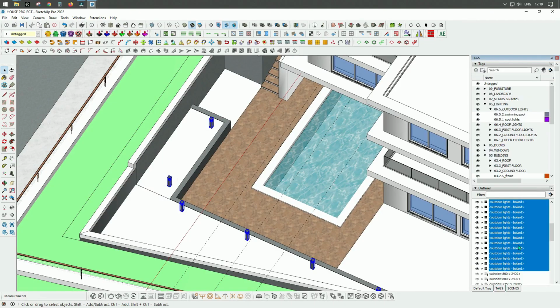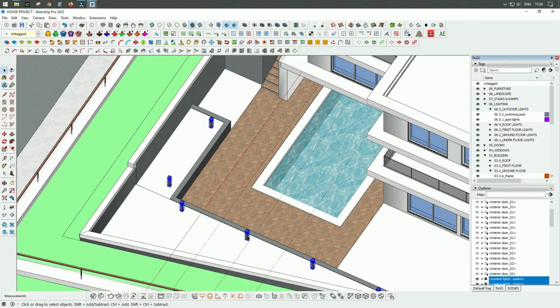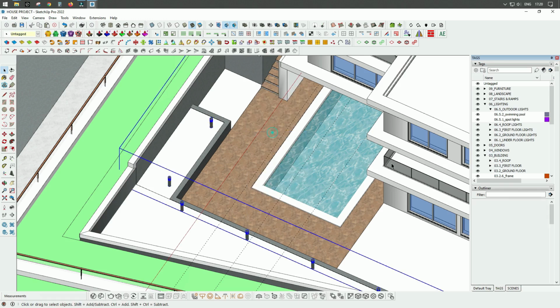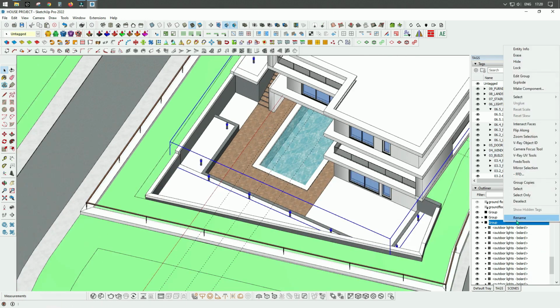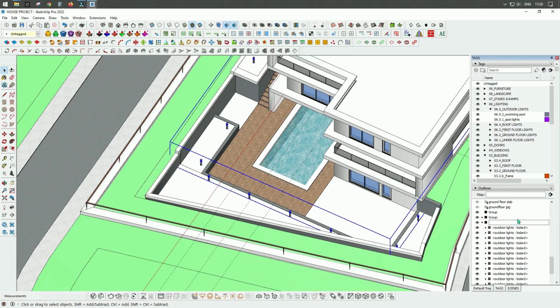Now they are selected, and I can easily create a group, and this group will be outside lights,